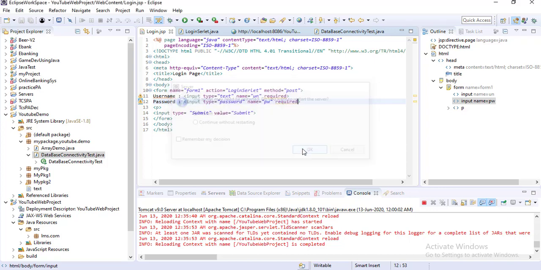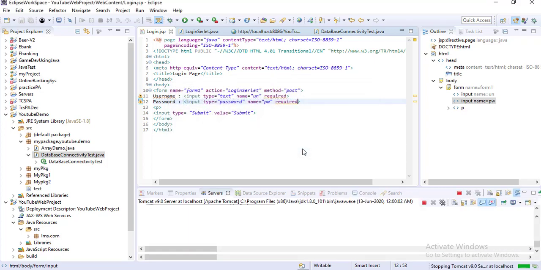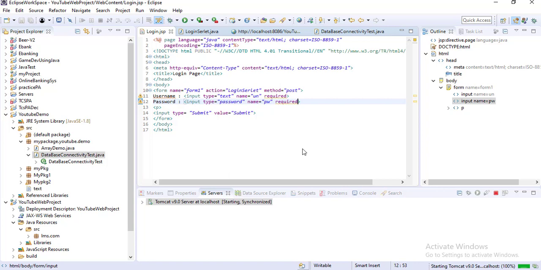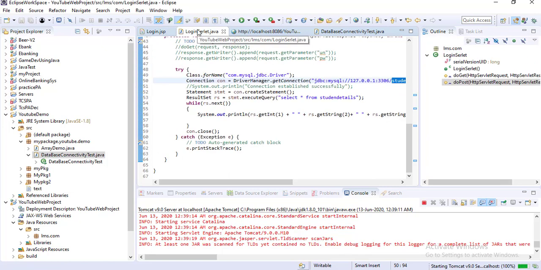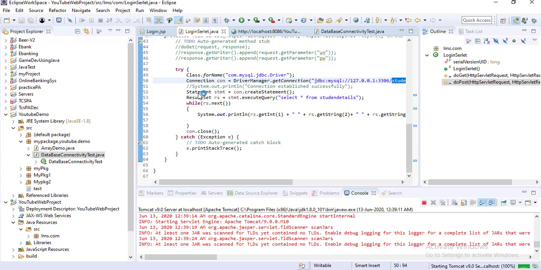I am giving one restart. Now you can see it is restarting. Meanwhile I am explaining this.